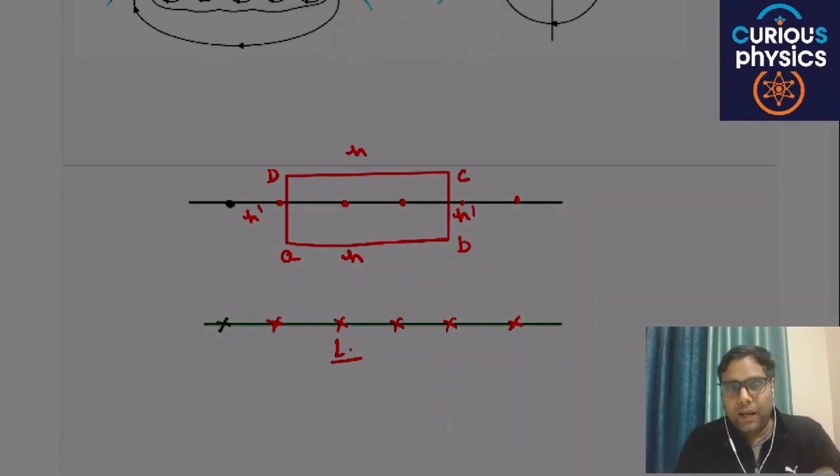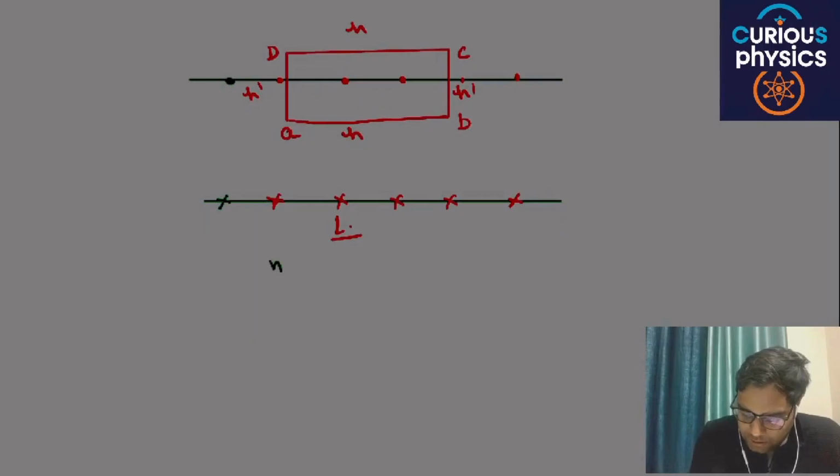From every turn, current I is passing through each wire which is part of this solenoid. Then we have to define one term, that is small n.